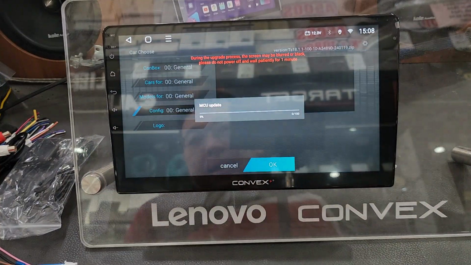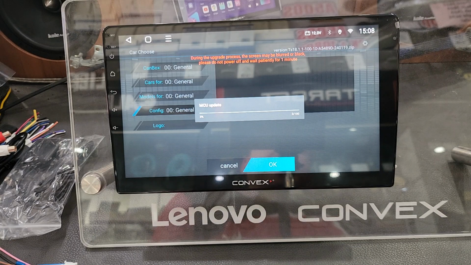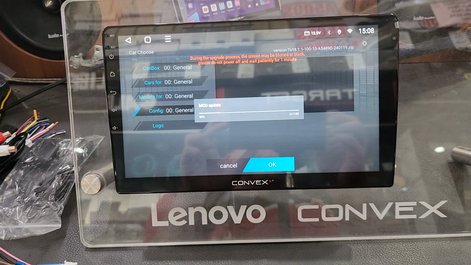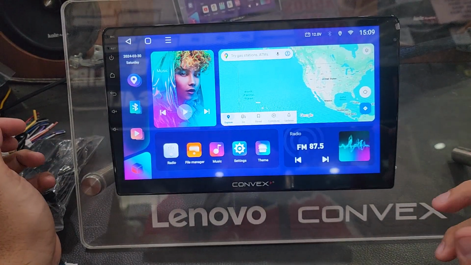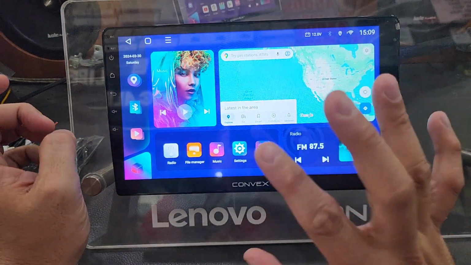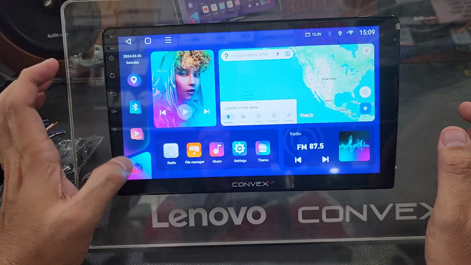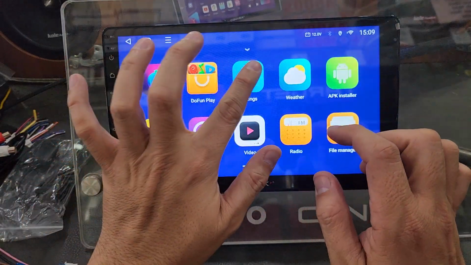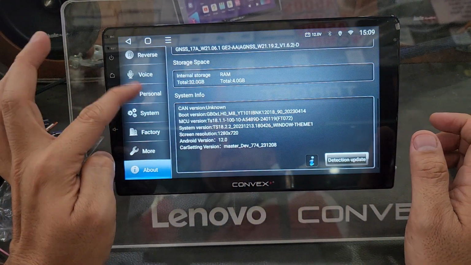Okay, for the MCU update for the Canbus. Okay, after set Canbus, we'll auto back to the main page. Okay, so full menu setting, scroll it down,